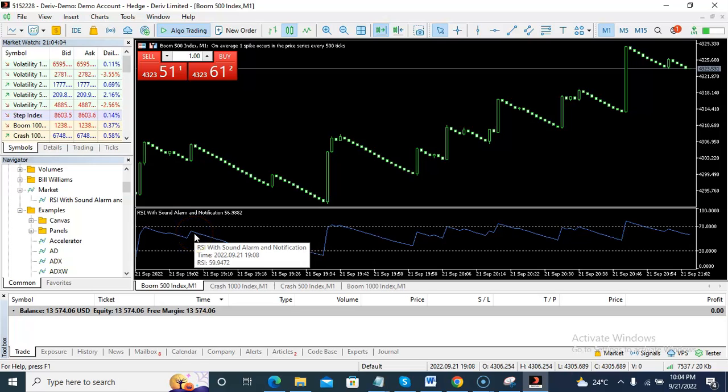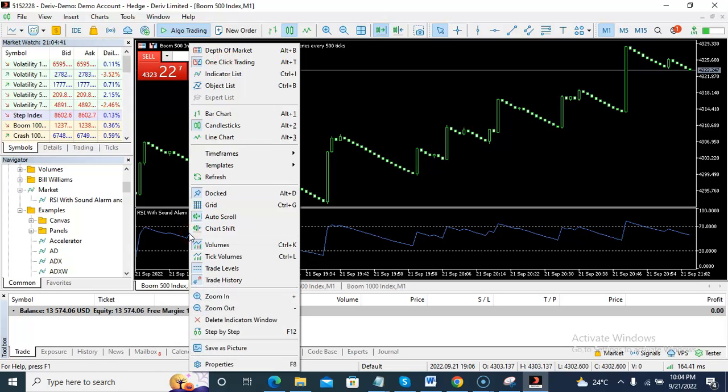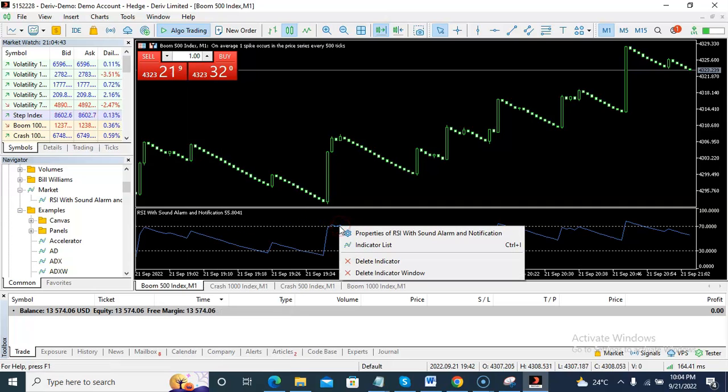But what I have is a custom indicator. It's a custom relative strength indicator that has an alarm feature. Because this strategy will alert you, you need to have the right settings for when the accurate conditions are met before you can take your decisions on the Boom or Crash market, depending on the one that you have. This custom indicator, I will put a link in the description on how you can download it. The settings for this strategy, which from our research and backtesting has shown a high level of accuracy,